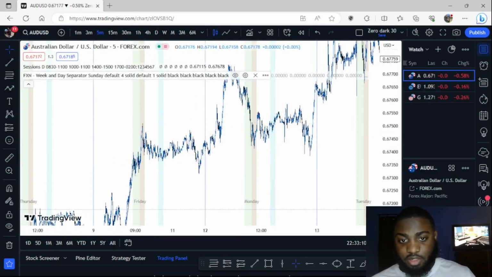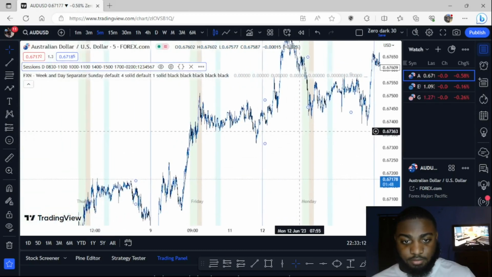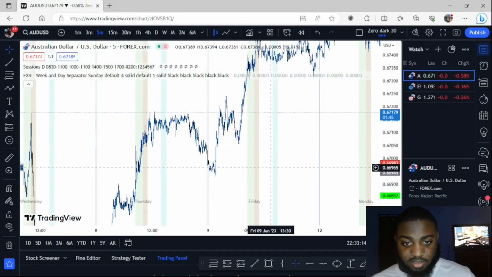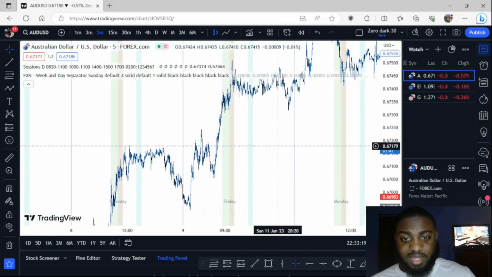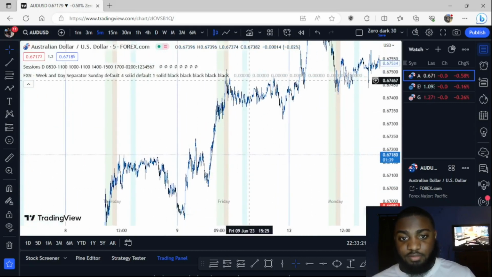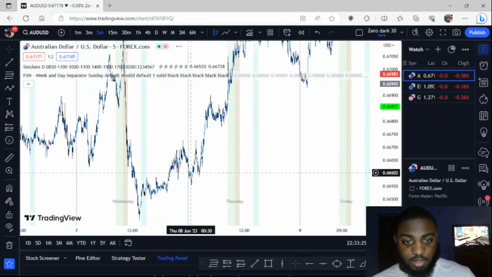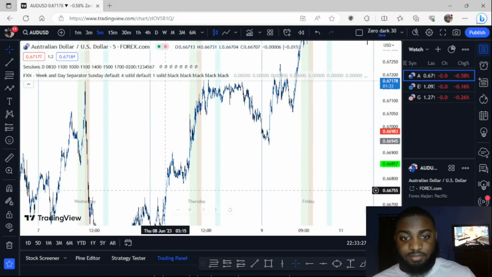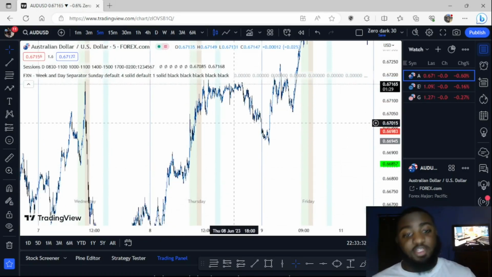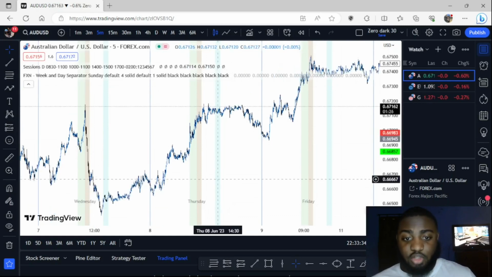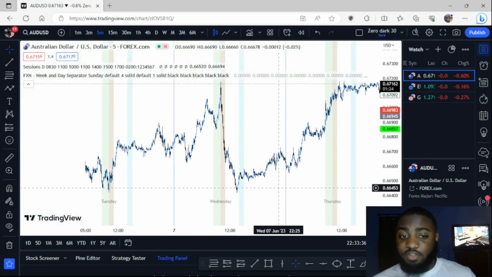For example, here, up, just consolidate the rest of the day. Like this. The low of the day, we had a classic buy day. Just went up the whole day, and then we just consolidate at the end of the day. Same here. Some days we won't have a reversal, because more continuations happen as well. If we're looking to reach a certain target by the end of the week, we're going to only have continuations.